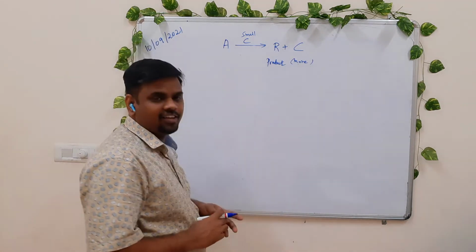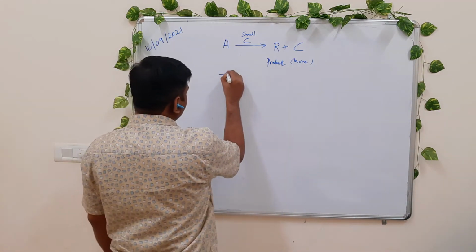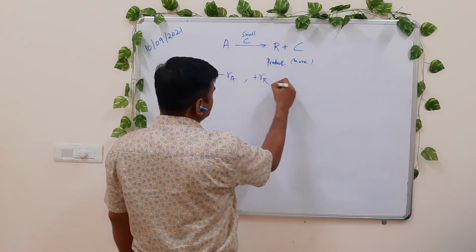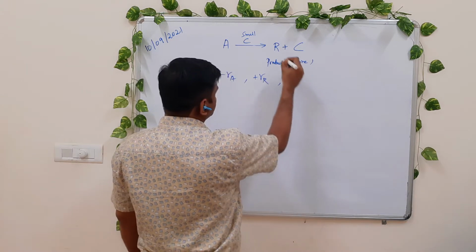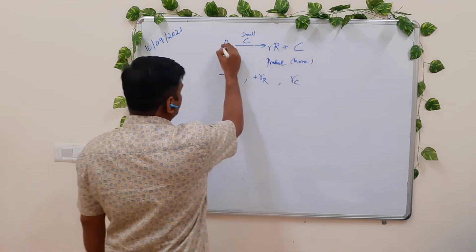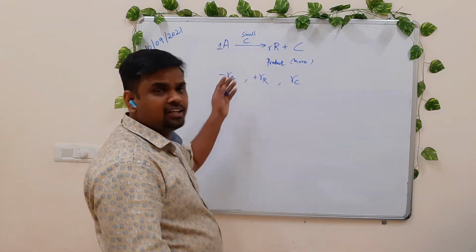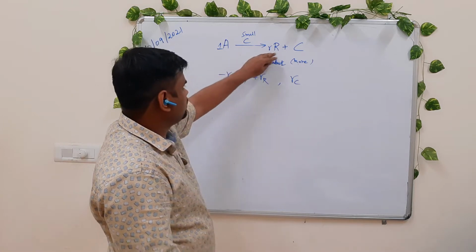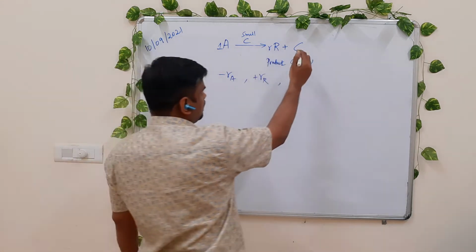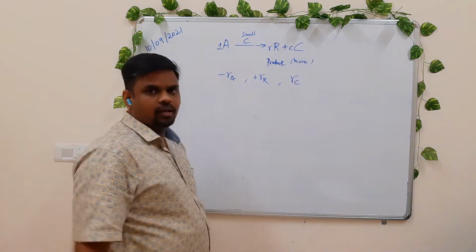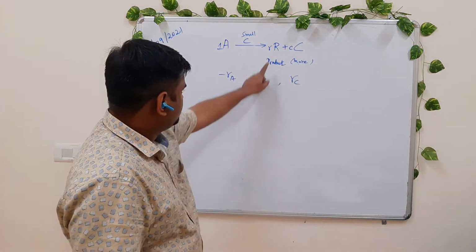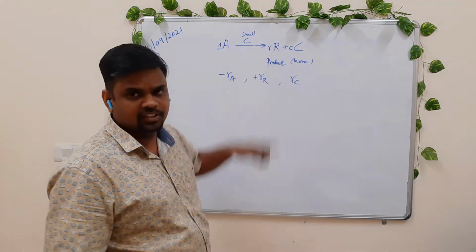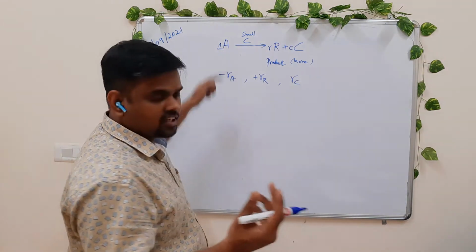So how will you write the rate equation for this with respect to A? We will have minus rA and then we have plus rR, then we have rC. Let me make a stoichiometric balance. Let 1 mole of A with this small amount of microorganism form r moles of capital R and c moles of capital C. So we have the stoichiometric coefficients corresponding to R and C, and corresponding to A, let us take it as 1.